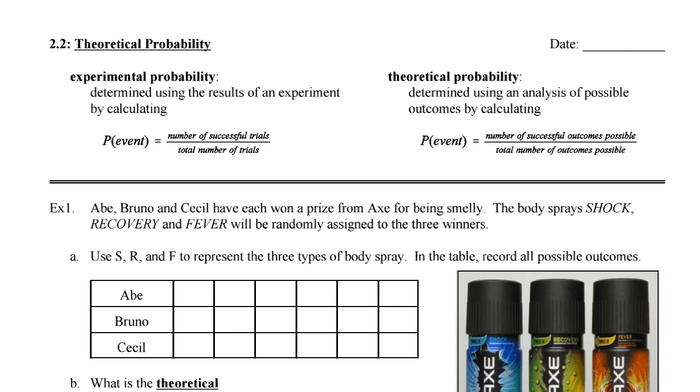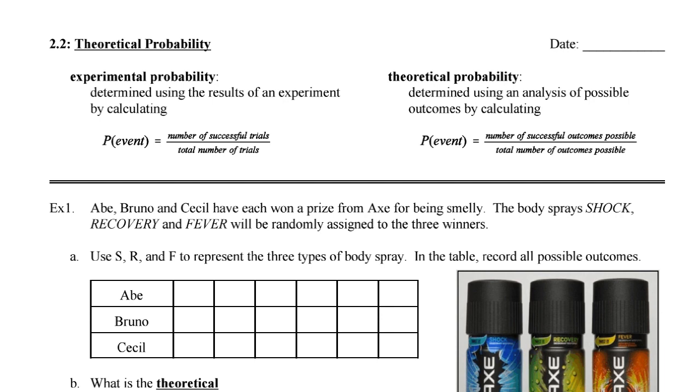So today we're going to study this concept called theoretical probability. Now, we studied experimental probability before, right? Experimental probability was determined by using the results of an experiment, by calculating the probability of the event being the number of successful trials divided by the number of total trials. So the number of things that we want divided by the total number of times that we were testing for